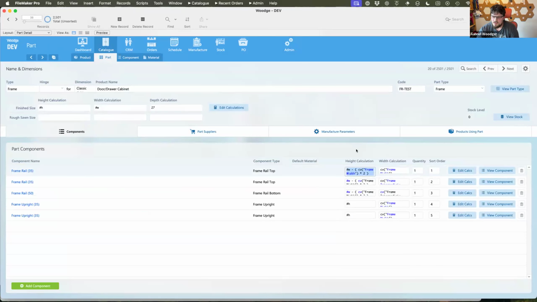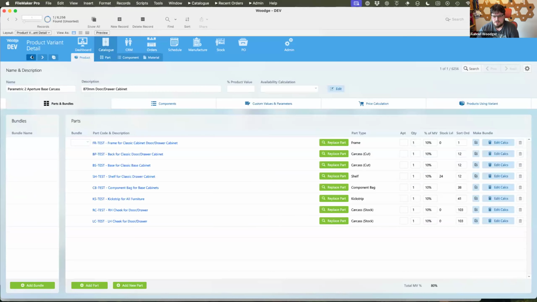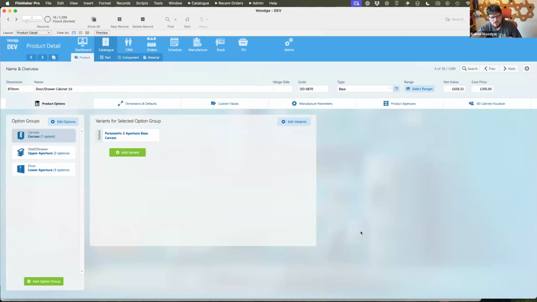So there's a calculation here to determine how big it is in that instance. And that's fine, but it becomes quite difficult to visualize what those are. If you want to make 20 kitchens and cut them all on a CNC, you want to be able to cut all of the different materials from one particular thing, have those sizes be calculated, and then have them all kind of come out of the machine all in one go.